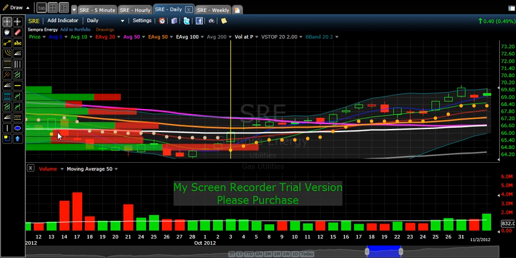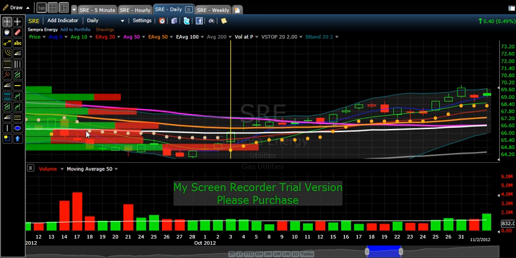And I think really the best way to describe the effectiveness or the efficacy of this signal is best shown by example. And one stock I found to best illustrate this is something called Sempra Energy, and it's a utility stock, and there's nothing really particularly interesting about Sempra. You could just as well substitute Apple, Google, Cliffs Natural, Ford, the XLF. I don't really care what sector, I don't care if it's a stock. The whole point here is that we're trying to find trends that can be ridden for some time and hopefully make some money on. So let's go back to October 2012,